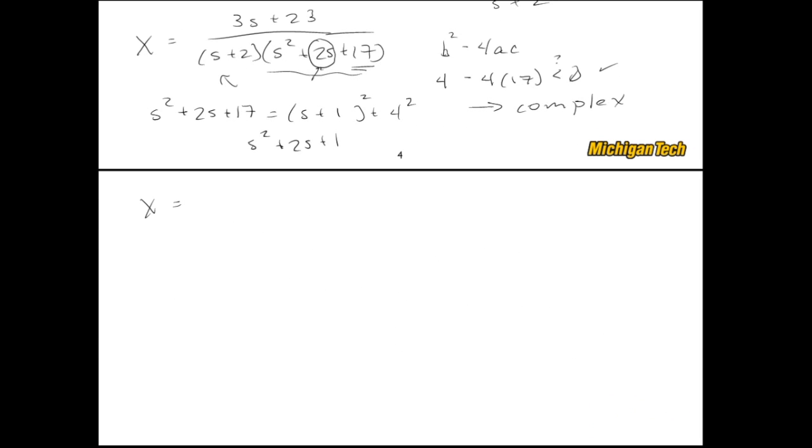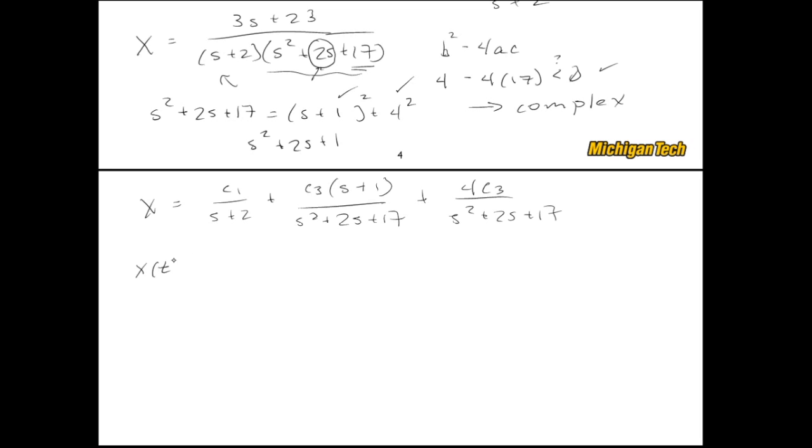So capital X is equal to C1 over s plus 2, plus C2 times (s plus 1). That 1 comes right from there. And I can just leave this denominator in the form it had originally. And then here I'll have a 4C3 over s squared plus 2s plus 17. Same old denominator, that 4 comes from there. So